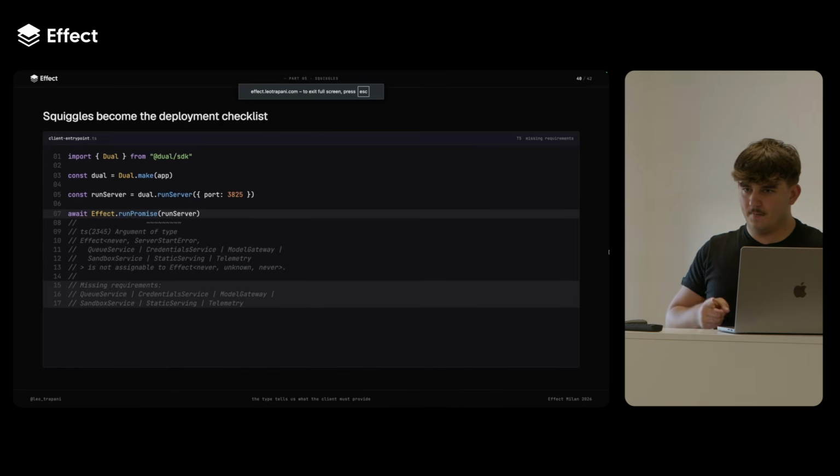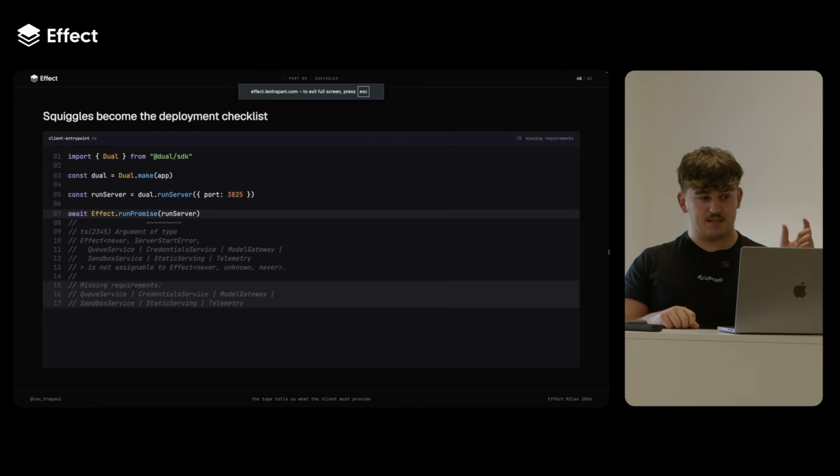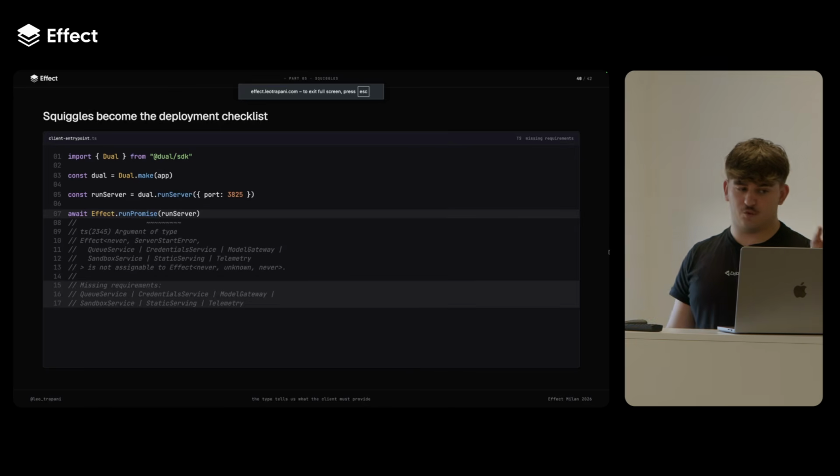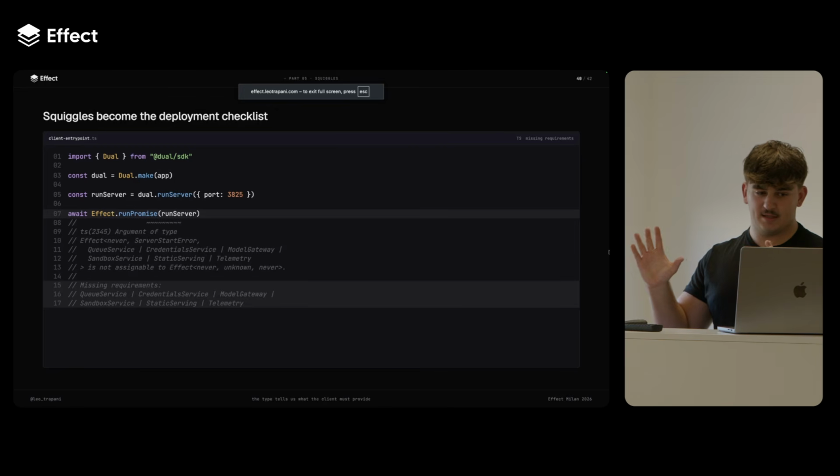Instead, since everything is so declarative and explicit in the type system, you can have an effect like the dual.run server, and in that effect, you leave some dependencies, you leave some requirements, meaning explicitly in the start of the effect, you say, okay, this effect still needs a queue service, a credential service, a model gateway, a sandbox service, a static service, and telemetry, for example.